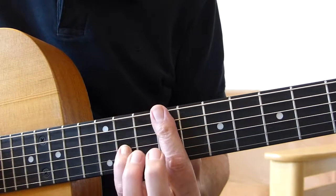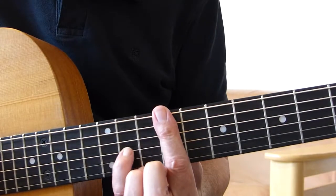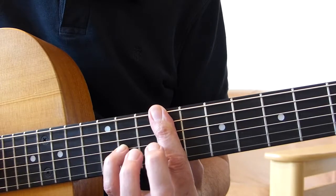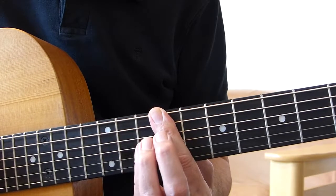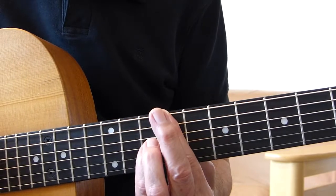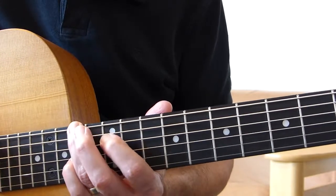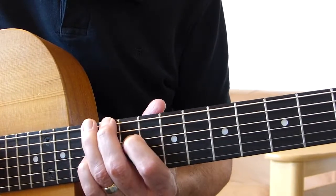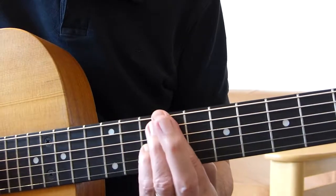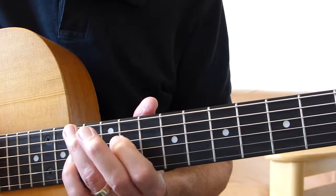And again, same as before, bar across the 9, 6 and 3 together with little pinky on the 11th, 9 on the 4th, held by the bar, and then move the pinky down to 10 and hit that on its own. Okay, so that whole second phrase is this. So the whole thing from the start, the two bits together are